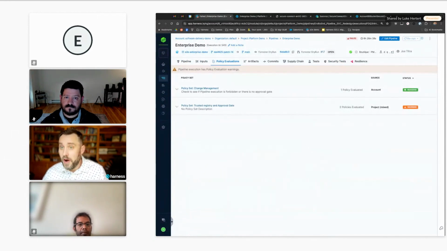Open Policy Agent is an open source policy engine that we've built on top of to allow you to write policies and rules to say every pipeline must include these certain steps, and no pipeline is allowed to contain any sort of arbitrary shell scripts. Whatever your rules are, those rules will get evaluated at pipeline execution time to ensure that, whether this is a centrally managed, trusted pipeline, or I hired an intern yesterday and he wrote his own pipeline, I can be sure that the pipeline is not allowed to run unless it follows all the rules that we've set centrally.